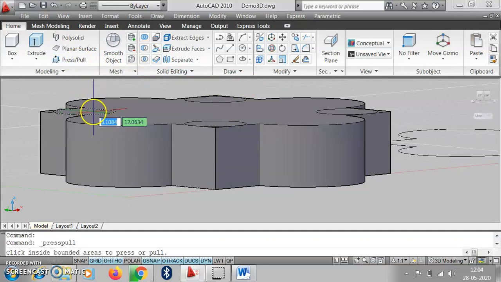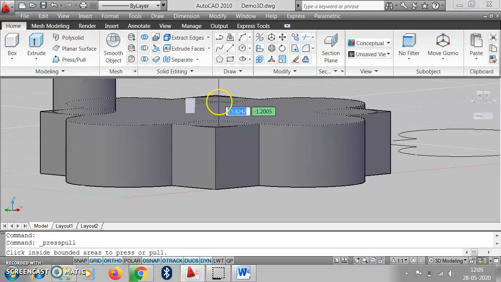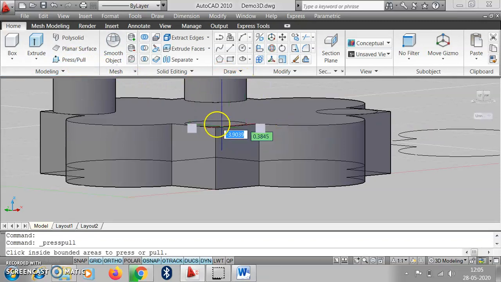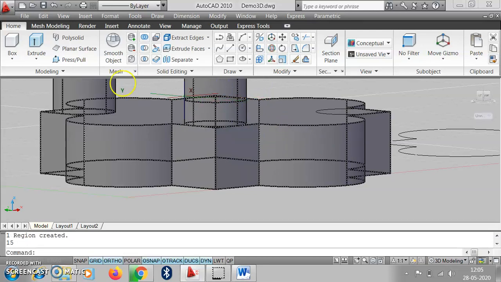Suppose these are the columns of a temple, and these go up to 15. Enter. Then same way we can press pull this object up to 15, enter. Again press pull, here we select this and go up to 15, enter.